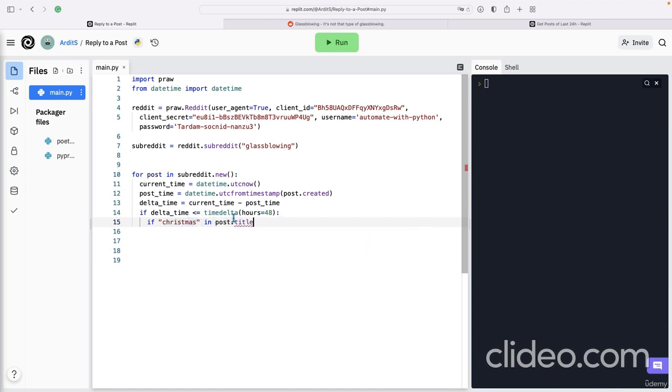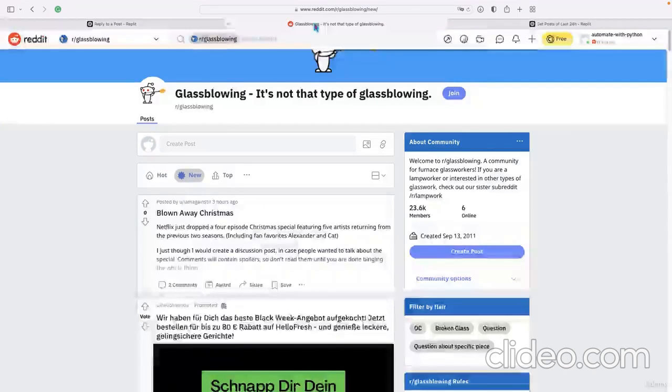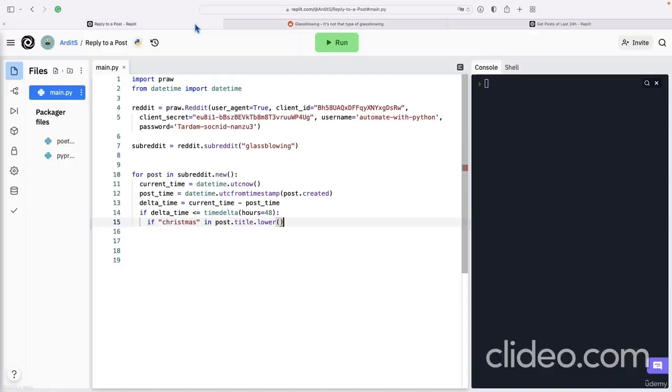But be careful, because you should be lowering the title. The title could be, for example, as you see, Christmas with a capital C. So you want to make the entire title lowercase, and then you can check for lowercase Christmas in the lowercase title. So if Christmas in post.title.lower, then we say